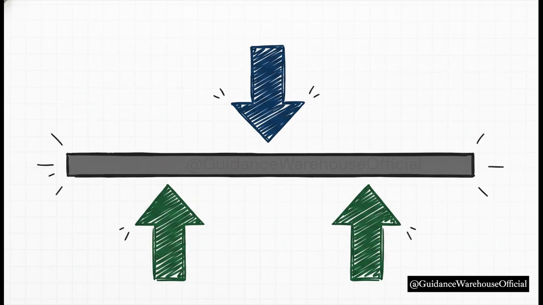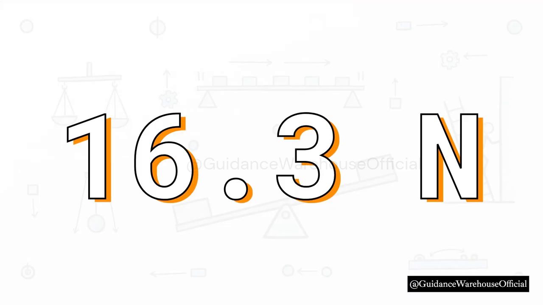We can actually switch back to the first condition for equilibrium here. The net forces equal 0. So total upward force equals total downward force. The upward force of both hands together has to equal the total downward weight of the pole, which means the force of the left hand is simply the total weight minus the force of the right hand. The total weight of a 5-kilogram pole is 49 newtons. 49 newtons minus the 32.7 newtons from the right hand leaves us with exactly 16.3 newtons of force for the